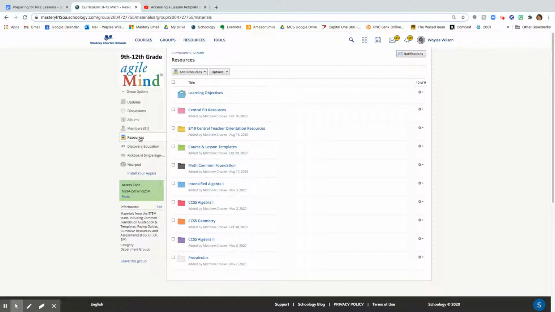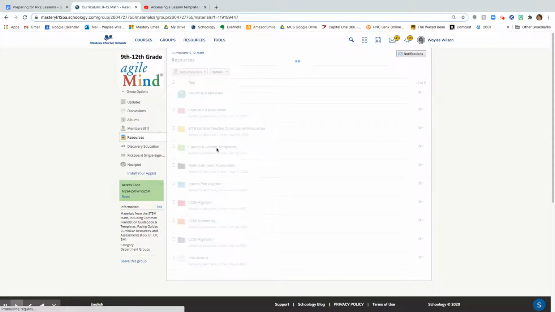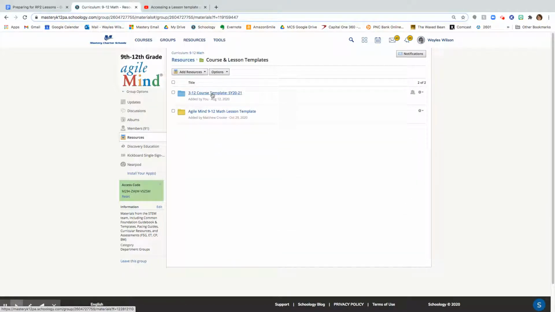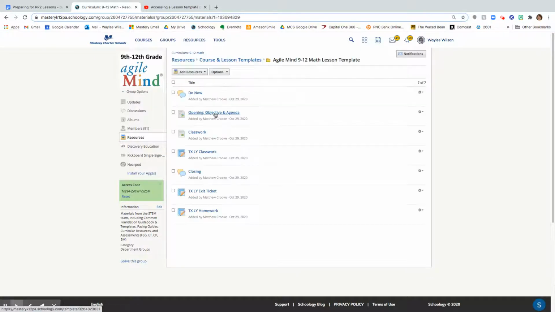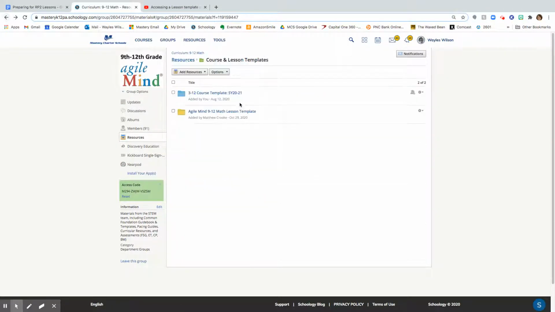And then you want to look for the folder that has the lesson materials. So for example, there's a course and lesson templates here where I can see what a typical course and what a lesson should look like. So if I wanted to copy this particular template, what I could do is select this particular